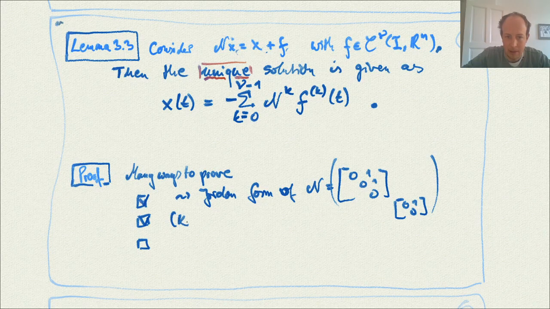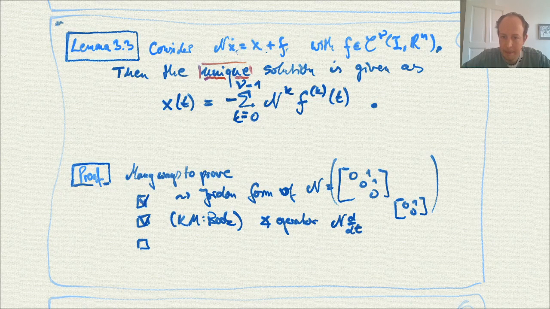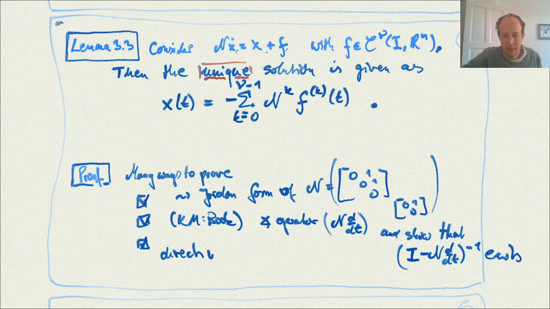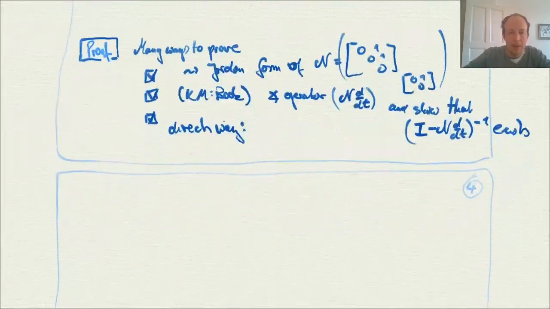Another one, this is how it's done in the Kunkel and Mehrmann book. You can consider the operator n times d by dt, and show that I minus n d dt, to the power minus 1, exists. You can do that, but I don't like this particular proof too much because you should have some more arguments than just the formal one used in the book. There's a direct way to show this, and that's how we are going to do this. And the direct way looks like